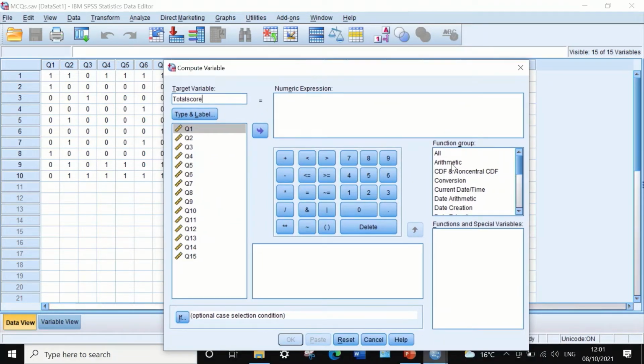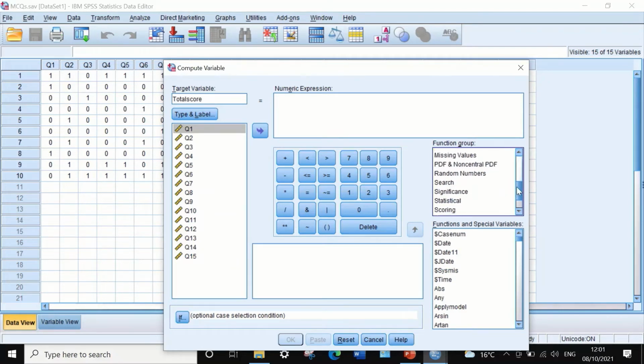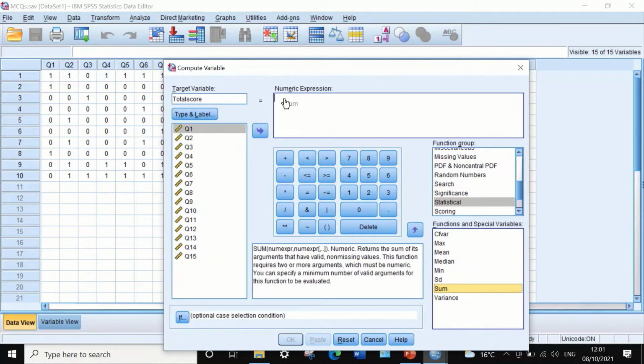And to use the command for the sum, we will click on the function group all, scroll down to statisticals, and then in statisticals select the function for the sum. Drag the sum to this numeric expression box, and then insert the variables one by one between those brackets separated by comma. So we're going to insert the first variable and then separated by comma the second variable,